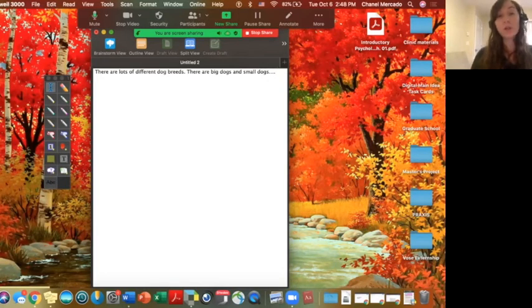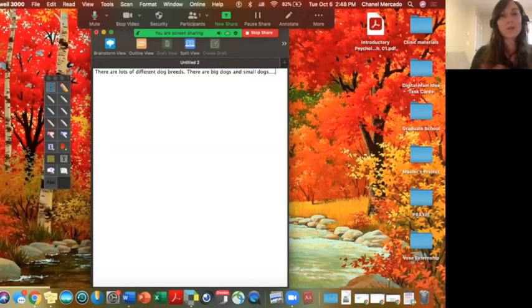So if you are going to use Kurzweil for its word processing features, we would recommend writing all your ideas out here, but then copy and paste what you've written into a Google Doc or a Word doc, and format everything in the Google Doc or Word doc instead. All right, so that is everything for Kurzweil.